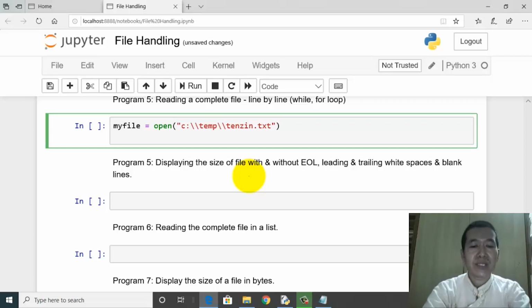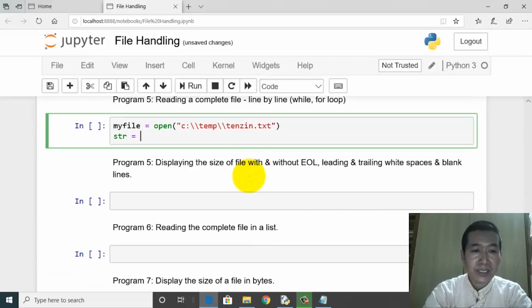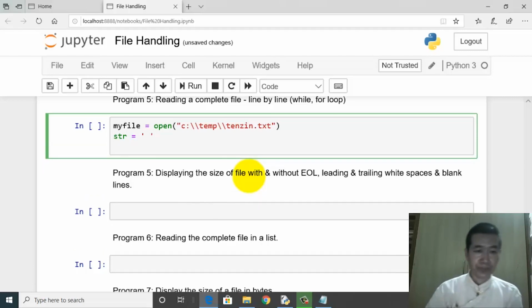Okay, so let's have a string variable by the name of str, and then let's assign a space. I need to press a space here, which means the value of str is a space. Even though it's invisible, it is a definite character, just like A, just like B. Even though we can't see it, internally it occupies 1 byte, just like the character A occupies a byte. I have a reason for this.